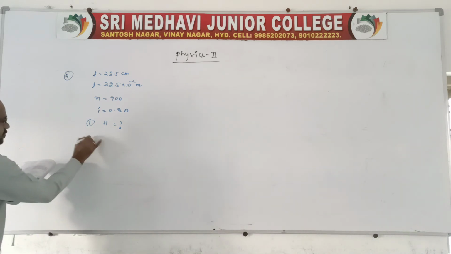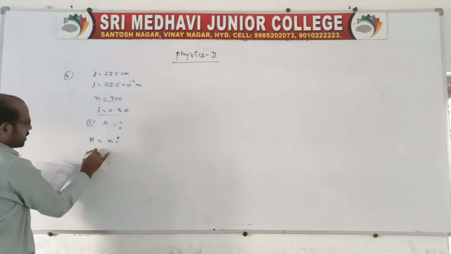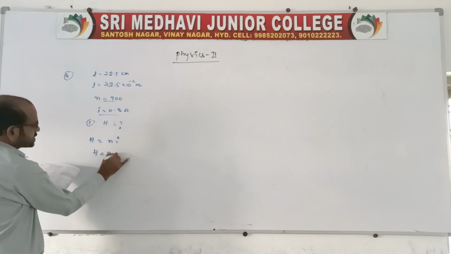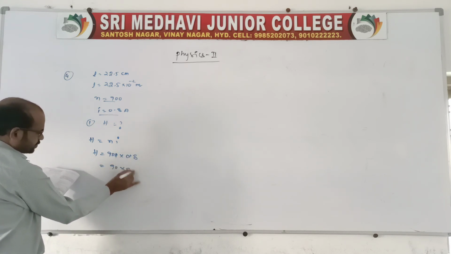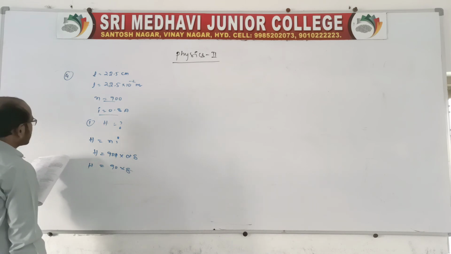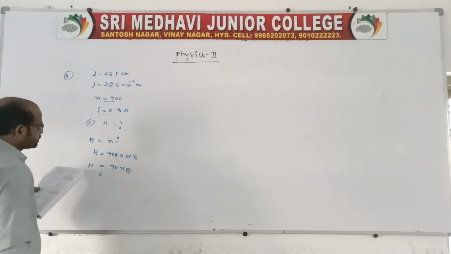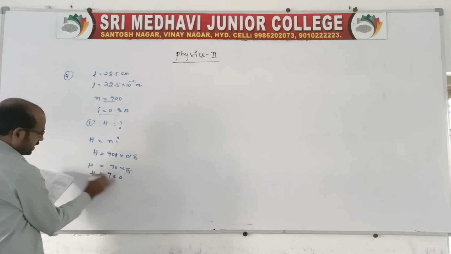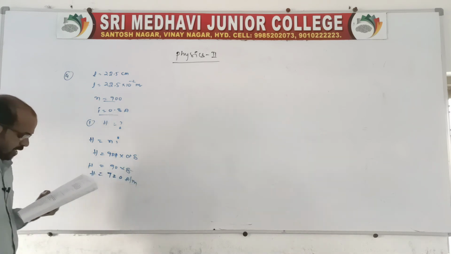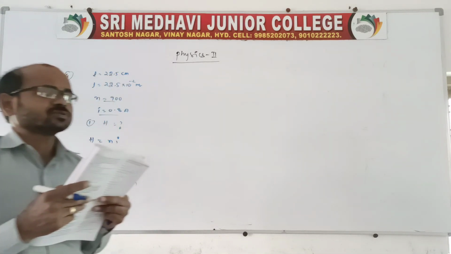So we know the first is equal to N i, because we know N and we know I. Capital H is equal to N as 900 and current 0.8, right? You cancel it, 90 into 8. So capital H is equal to, 8 9s are 72, right? So we'll get 720 ampere per meter. It is one expression. And it is also asking the magnetic field near the center and far away from the end of the solenoid.